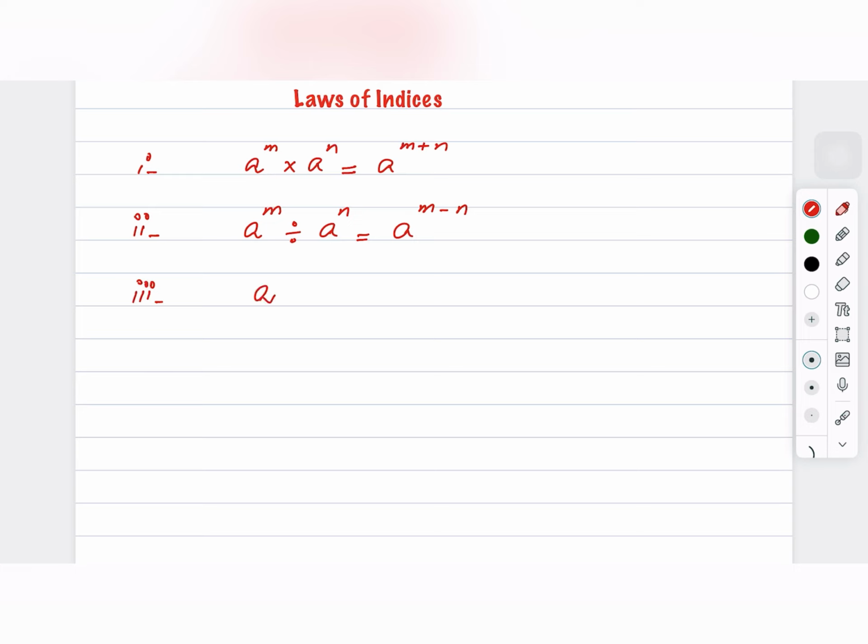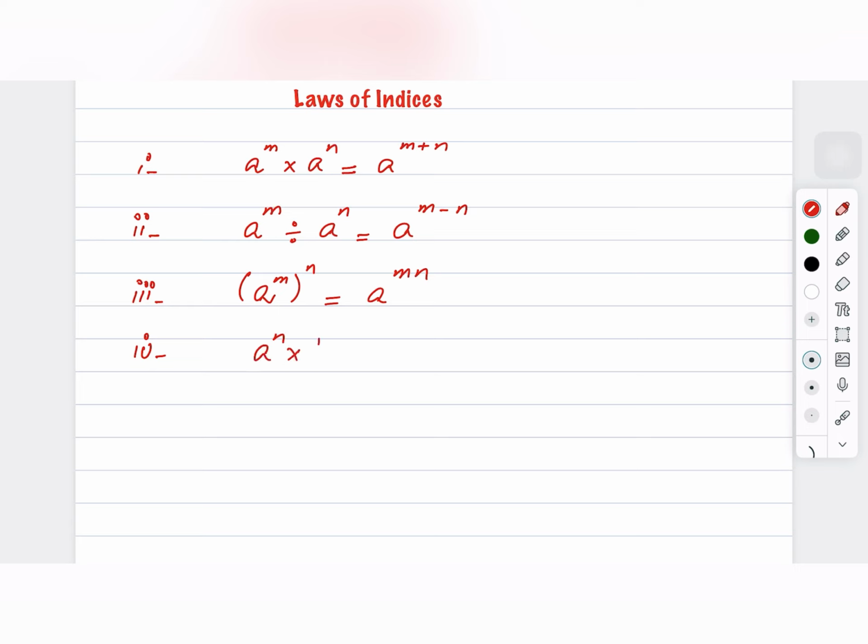Similarly, its third rule is, if you have a power m, and outside the parentheses you have n, you will just multiply the powers. This is your base, and m into n is your power. Its fourth rule is,